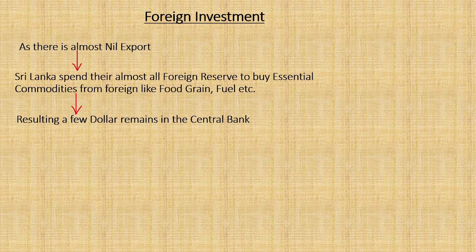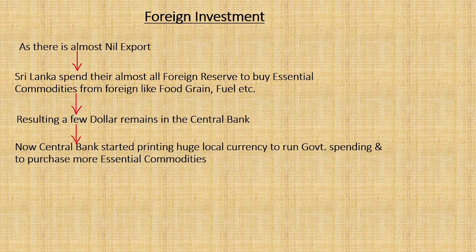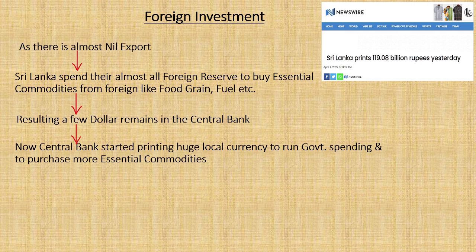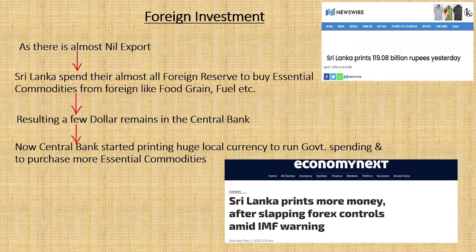So how could the government buy more essential products as the dollar reserve is touching the lower limit? So what they did, their central bank started printing huge amounts of local currency to run government spending and to purchase more essential commodities. As per sources, they printed billions of Sri Lankan rupees every day despite a warning given by the International